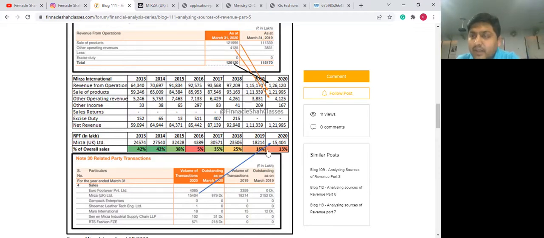Now that's a significant number, because remember, if a particular customer is usually contributing more than 10%, that's huge. And especially, it raises eyebrows when that particular customer has indirect ownership by the management of the company which you are trying to invest in. So yes, it definitely makes sense and warrants investors' attention to take a look at if there is any foul play happening there.